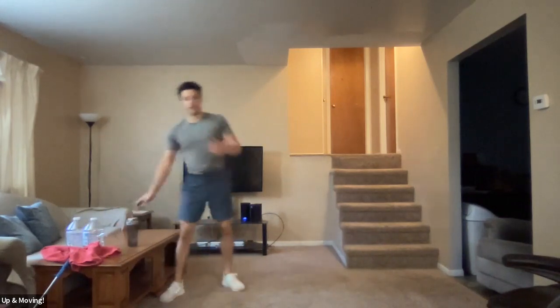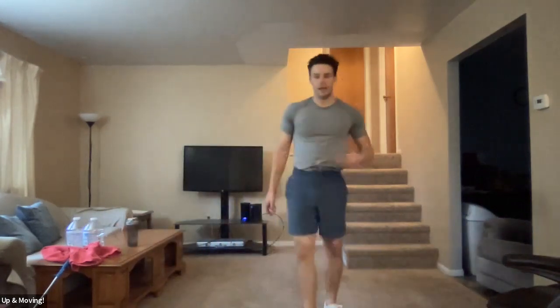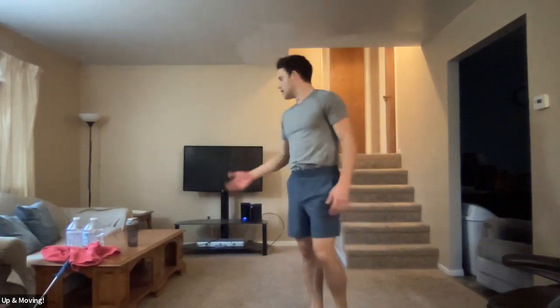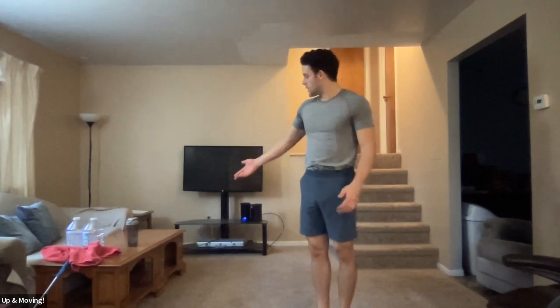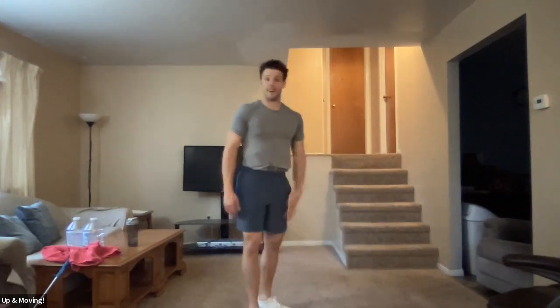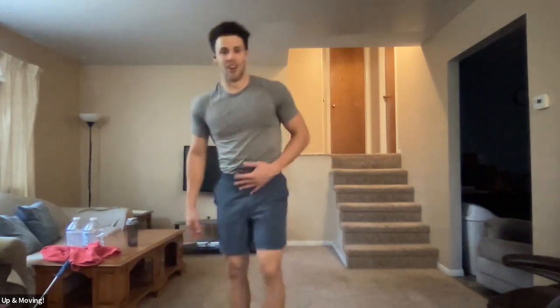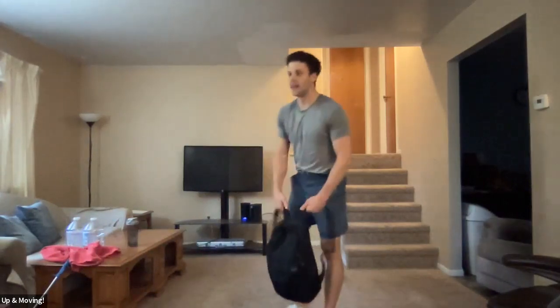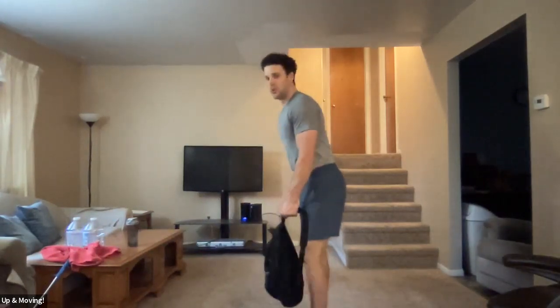So based on how that went, if you feel like you need to ramp it up, then add some more weight for the curls. Focus on lifting more of your body weight with the dips, so walk yourself out a little more. And for the burpees, you could try to add a couple more reps or do it a little faster. So getting into our second set here, start off with the 21s once again, starting in 3, 2, 1,